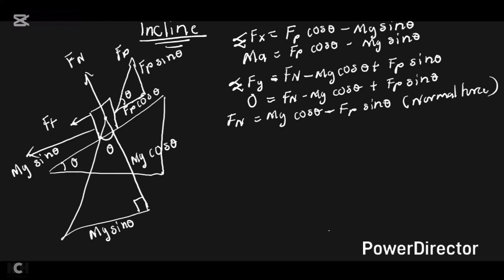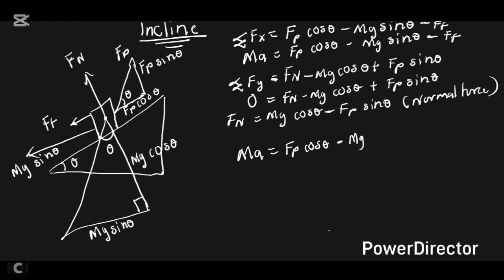Oh, sorry, here on the x-axis, we forgot one force, which is the friction force. So meaning that here, we have Ma equal to Fp, the pull force, cos theta, minus the gravitational force, which is Mg sin theta. Again, we have this friction force, which is minus F. So meaning here again, it is supposed to be minus F. Sorry for that. So for you to calculate the acceleration now, say Ma is equal to Fp cos theta, minus